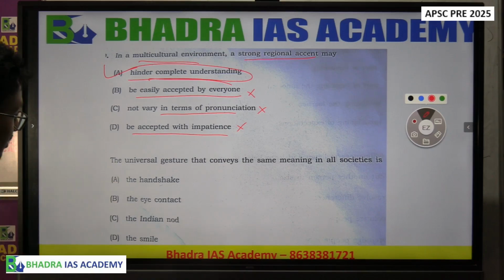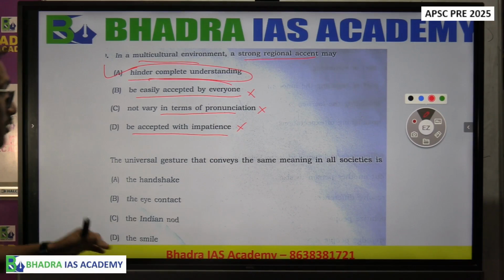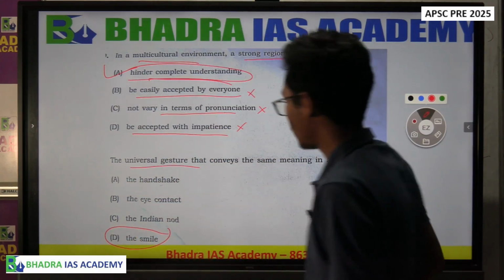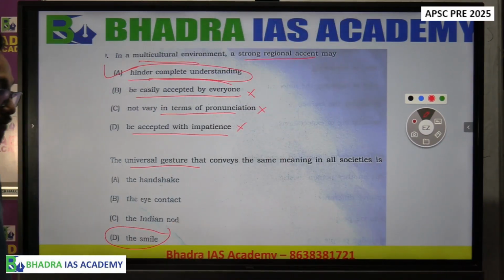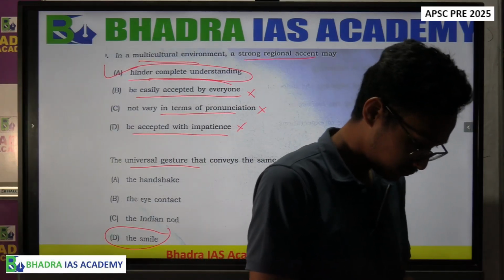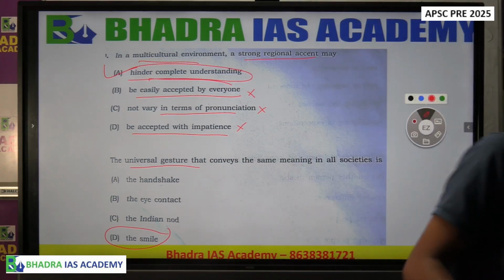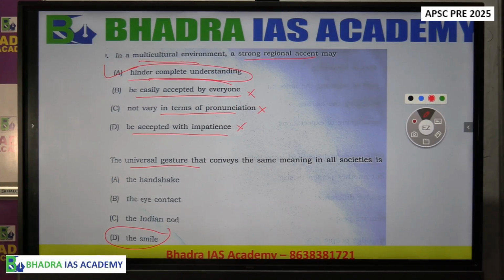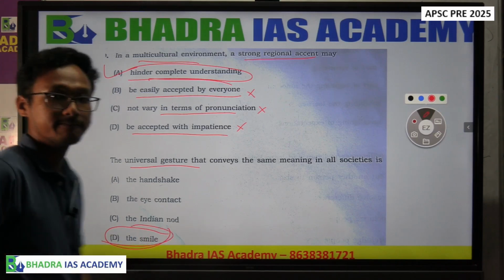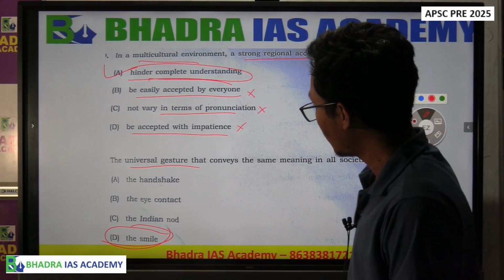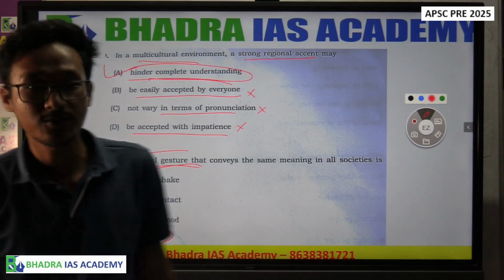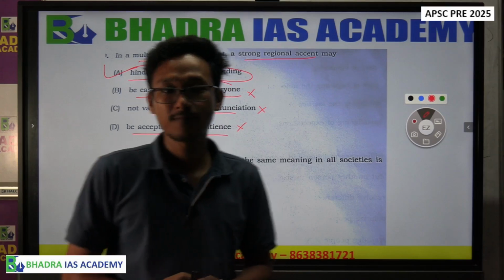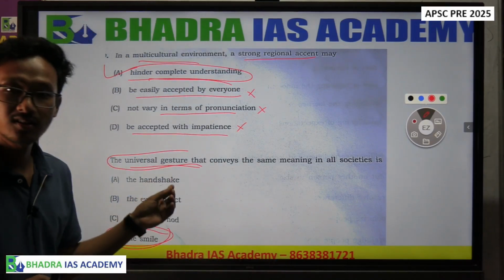So the universal gesture that conveys the same meaning in all societies is nothing but the smile. Smile is the universal gesture, so wherever you go it has the same meaning. Smile means, in any part of the country, a positive gesture. So these are the questions, the 80 questions we discussed that came in the recent APSC GS paper